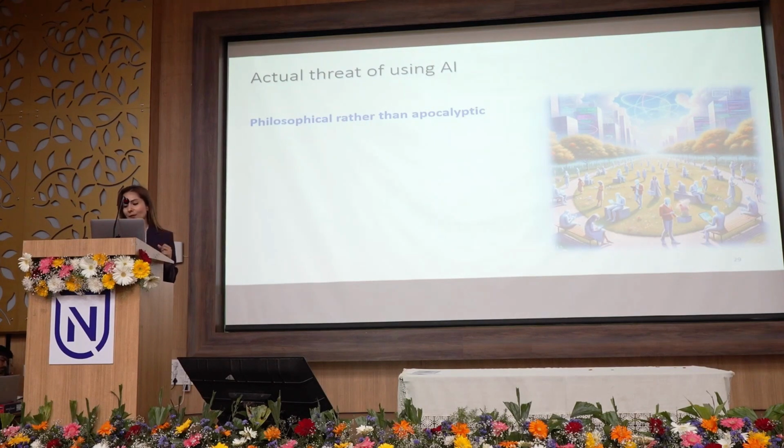Not the opposite of that. So it's on us to avoid being lost with AI and overusing AI for every aspect of our lives. I'd like to close my talk